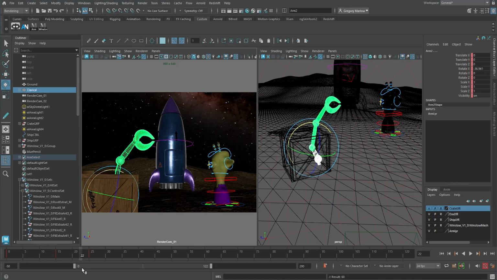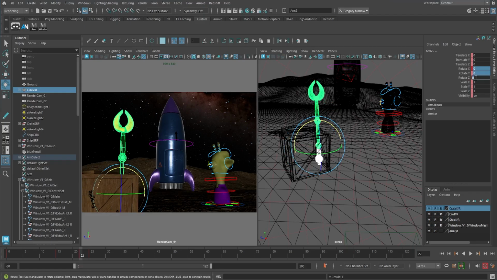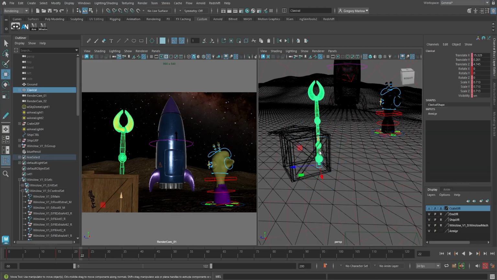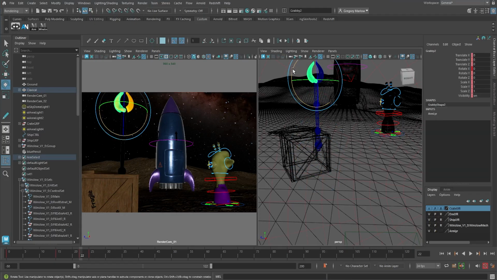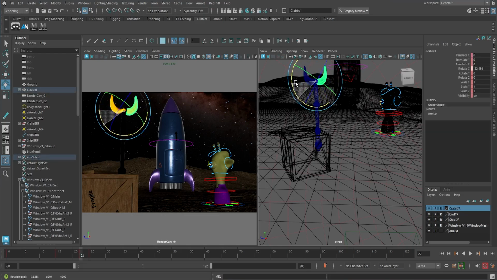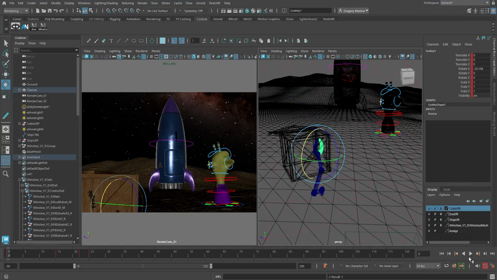Just to give myself a little bit of an overshoot here, I'm going to hit 0 on that to zero all the rotations out, and that way it can go up a little higher and make this feel a little more exaggerated. So let's say we get,